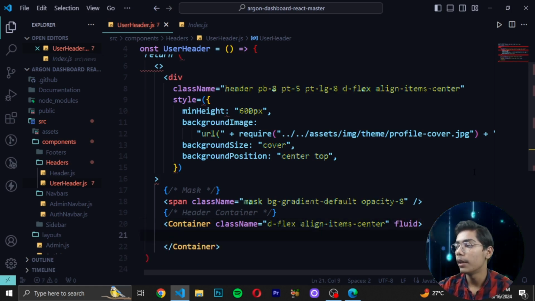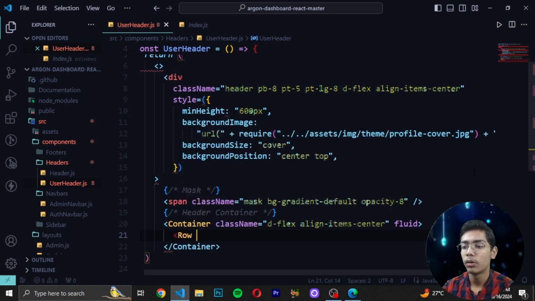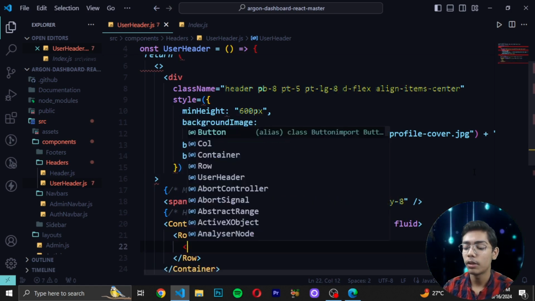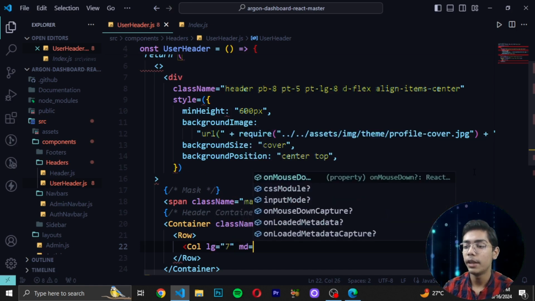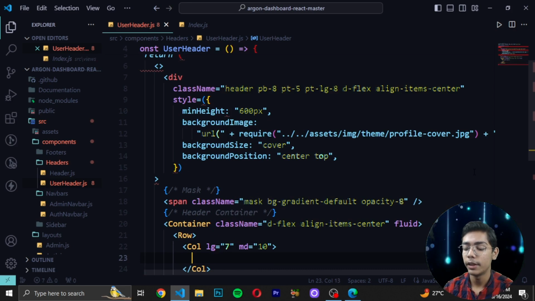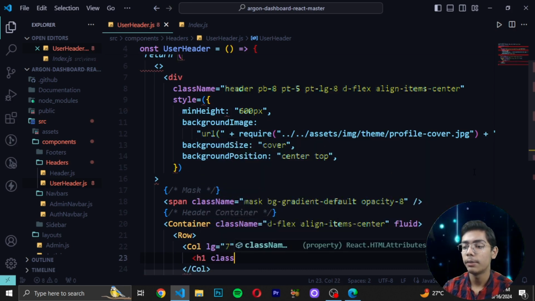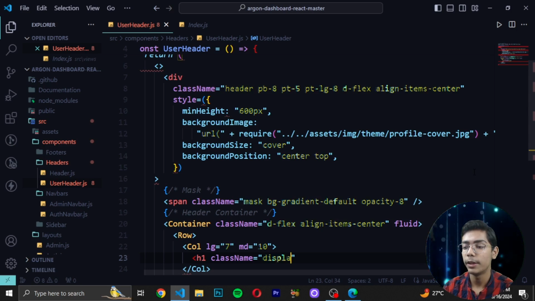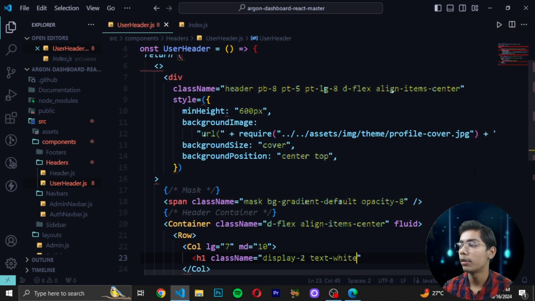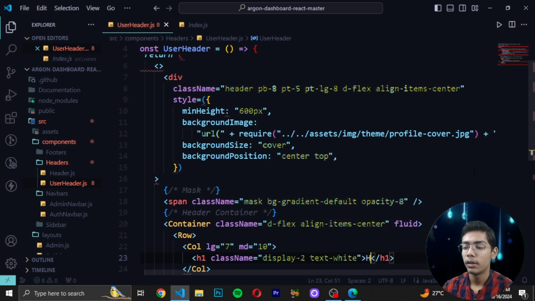After doing that, simply write here Row, and in Row I will write Col lg 7, then md, and in md I will write 10, write here h1 className, and then simply write display-2. So here I will write display-2 text-white, and then write Hello,